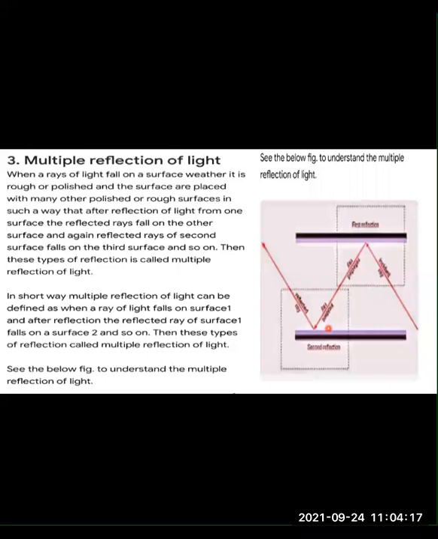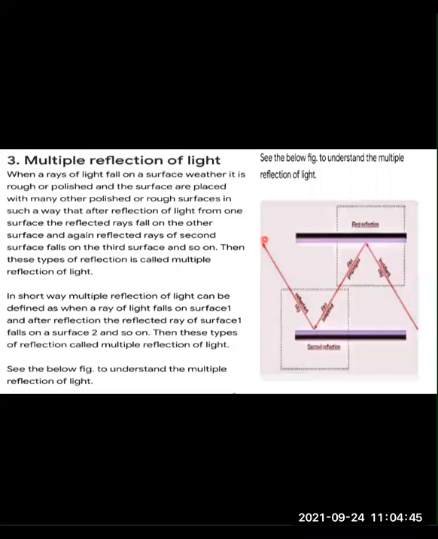You can also take the example of two mirrors placed face to face. An incident light ray approaches one mirror and gets reflected. After reflection, it becomes an incident ray for the second mirror, and again it undergoes reflection. This is how multiple reflection takes place a number of times.